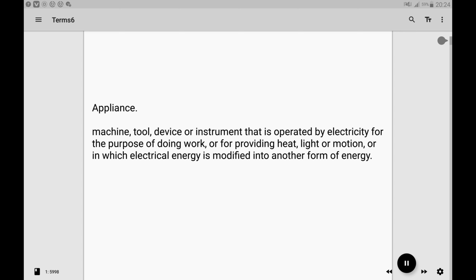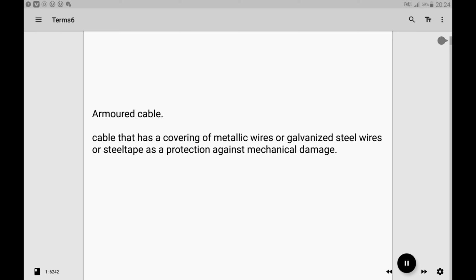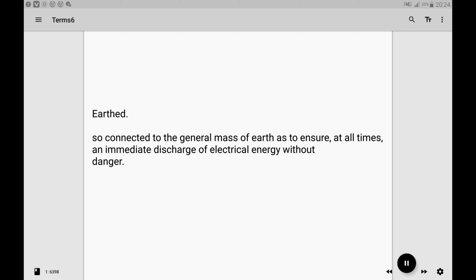Appliance. Machine, tool, device or instrument that is operated by electricity for the purpose of doing work, or for providing heat, light or motion, or in which electrical energy is modified into another form of energy. Armored cable. Cable that has a covering of metallic wires or galvanized steel wires, or steel tape as a protection against mechanical damage. Earth. So connected to the general mass of Earth as to ensure, at all times, an immediate discharge of electrical energy without